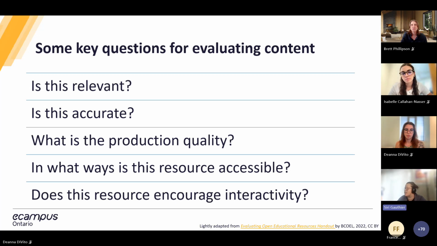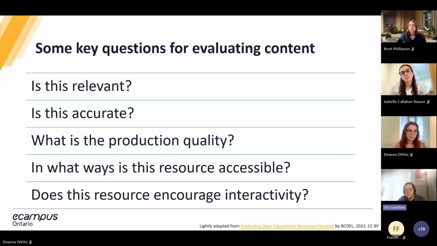Some of them make sure student authorship and ownership are integral to the piece, and whether or not that's something that you want to include in your teaching or your professional context is entirely at your discretion, but it's one of the key benefits of open education. So it's worth evaluating as you're going through the content.